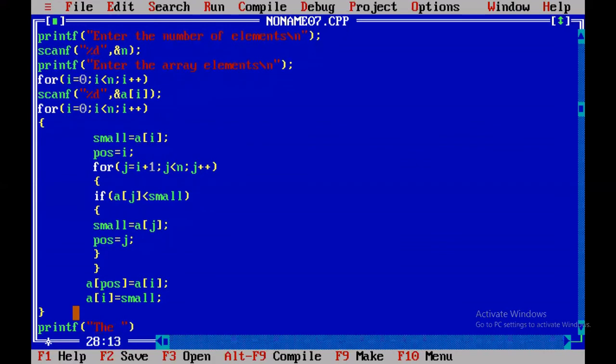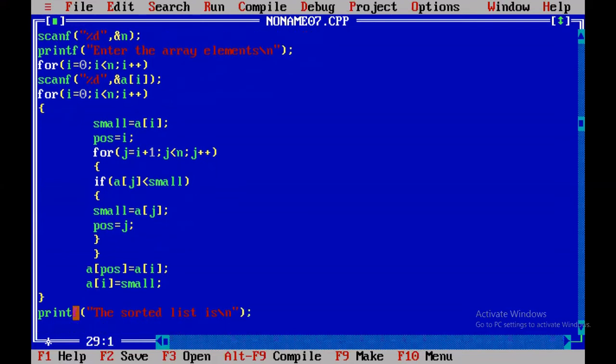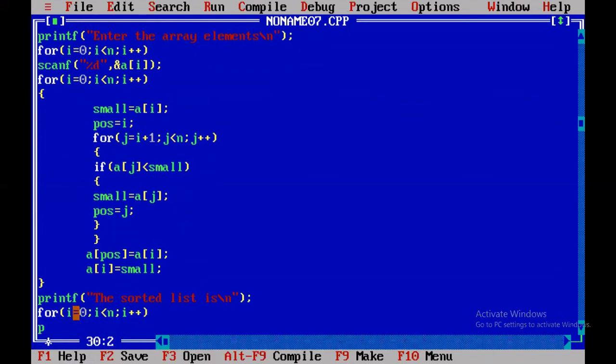Next, you are going to print the sorted list. printf("The sorted list is\n"); Then you use the same looping statement: for i = 0, i < n, i++, then printf("%d\t", A[i]).